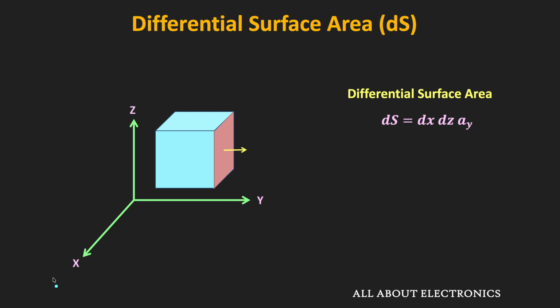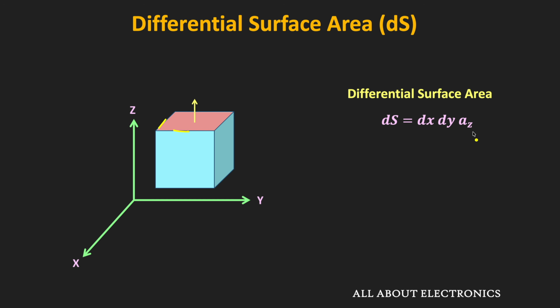So likewise, if we keep the z coordinate constant and change the x and y coordinates, then we will get the surface in this plane. So for this surface, the direction of the vector that is normal to the surface is pointing in the plus z direction. And here x and y are changing while z remains fixed. And therefore, for the given surface, the differential surface area can be given as dx times dy